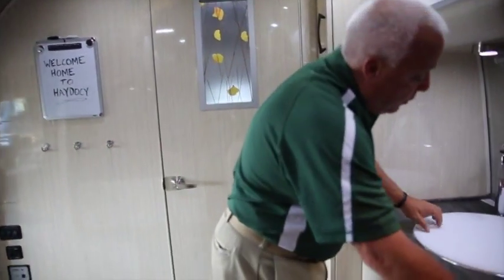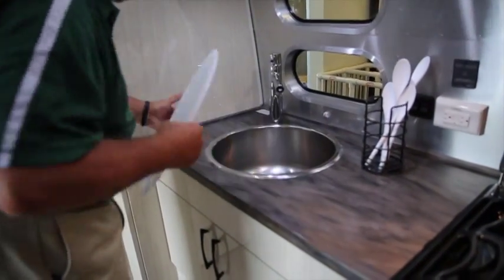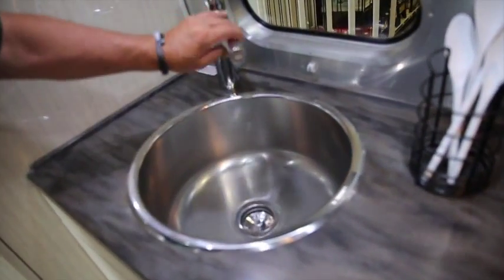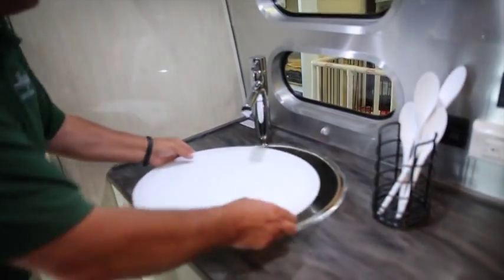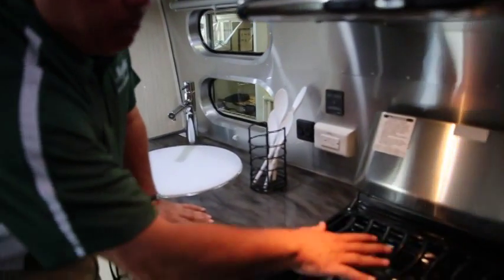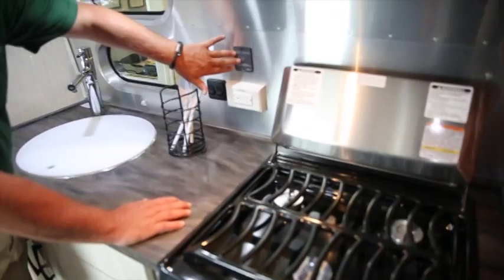You have Corian surfaces. You have the wonderful cutting board here. Notice the deep well stainless steel. Great storage area as you move through. You have the Greenway appliances, which are beautiful. But once again, you have the Corian into a 3-burner high output range. Behind us here is going to be the inverter system,